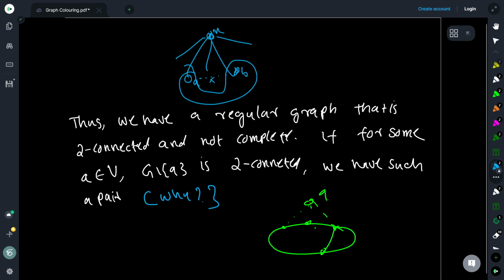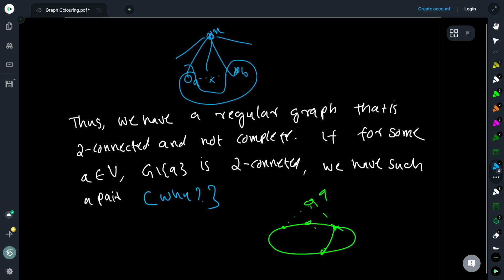But now, because I have given A and B the same color, when I come to X, I know that two of its neighbors are already colored with the same color. And therefore, even though it has delta neighbors to the left, since two of them are given the same color, we can still find a color from 1 to delta which is not used in the neighborhood of X. And therefore, we can extend the coloring. So that is the idea.